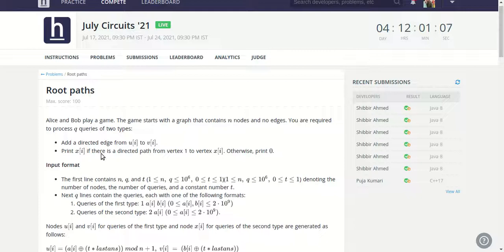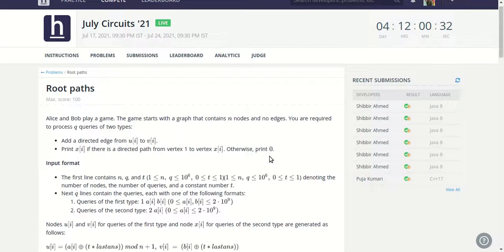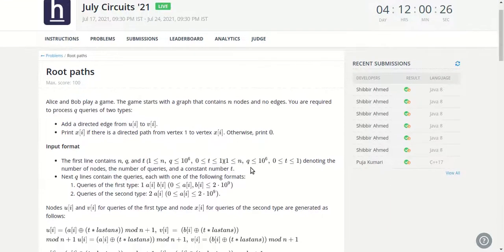Initially there are n nodes and no edges, and there will be q queries. Each query will be of two types: either we add a directed edge from UI to VI, or we print xi if a path exists from vertex 1 to xi. If the path doesn't exist, then we simply print 0. That is the type 2 query, and in type 1 we add directed edges, which forms a directed graph.